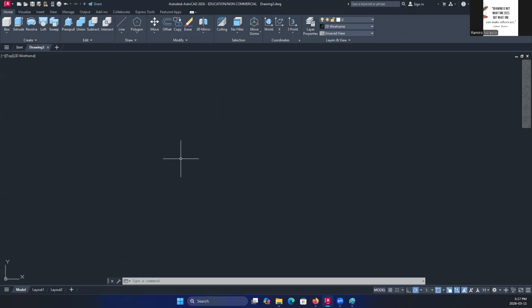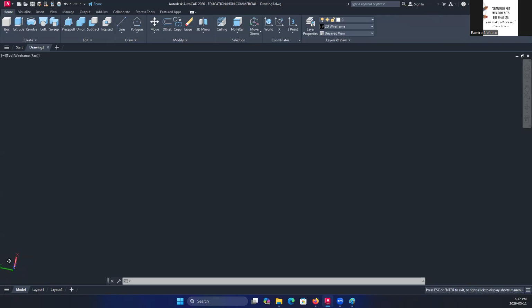Okay, so we have the same space right here. There are primitive objects that you can use, for example, a box right here. But it's always best to go to a 3D view first by holding down the shift key and then pressing the middle mouse button so you can orbit around.